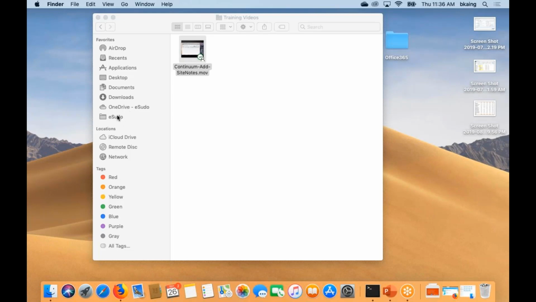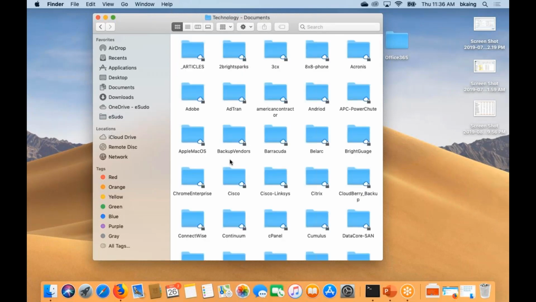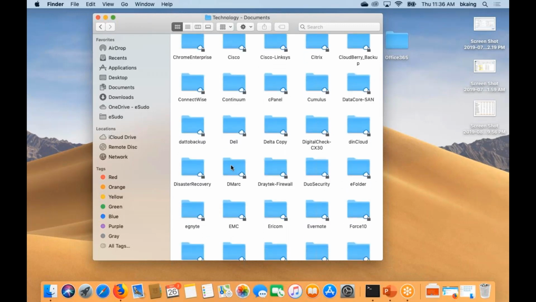The other thing is if you're working on a SharePoint site, for example, you can also use OneDrive to sync documents from your SharePoint, all the documents that the company shares. It'll save stuff from your SharePoint site to your local computer so that you can access it.